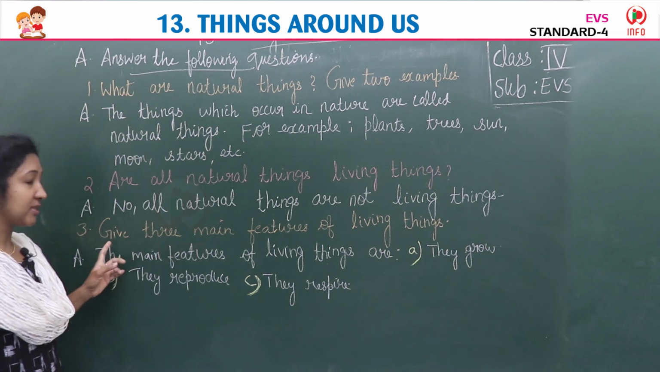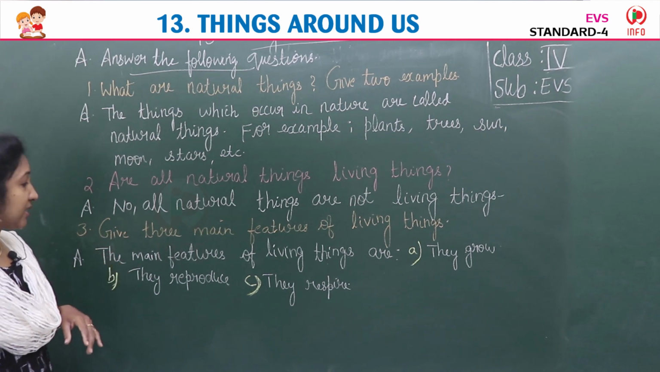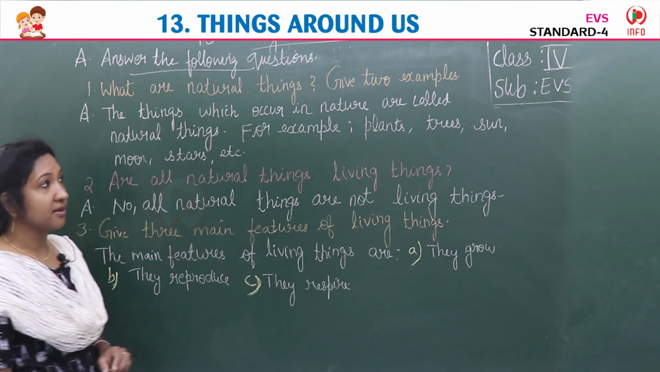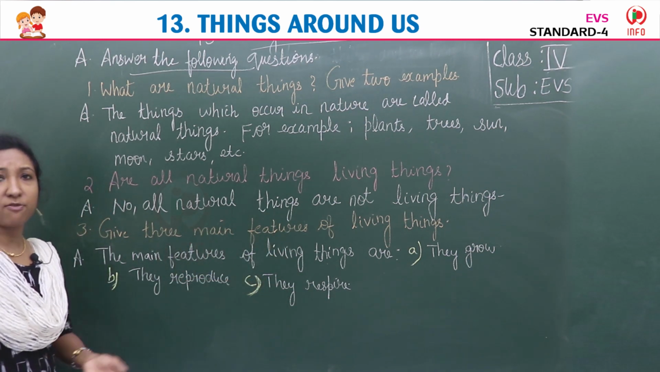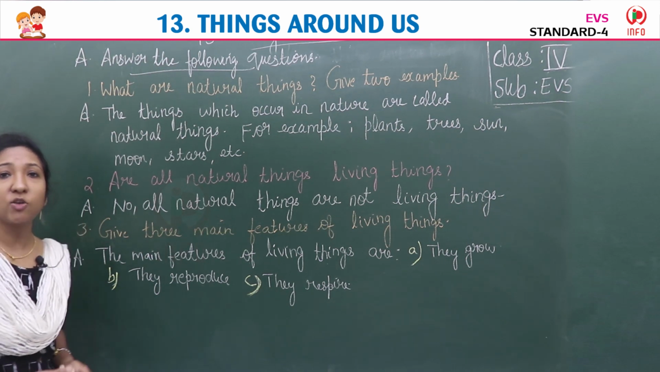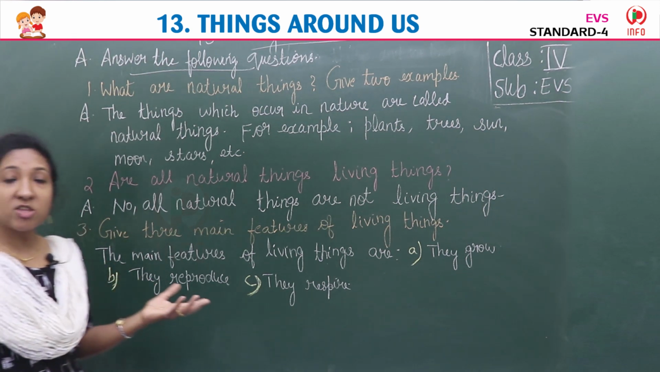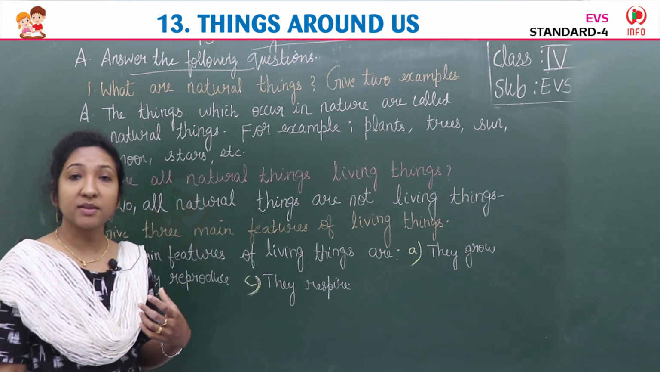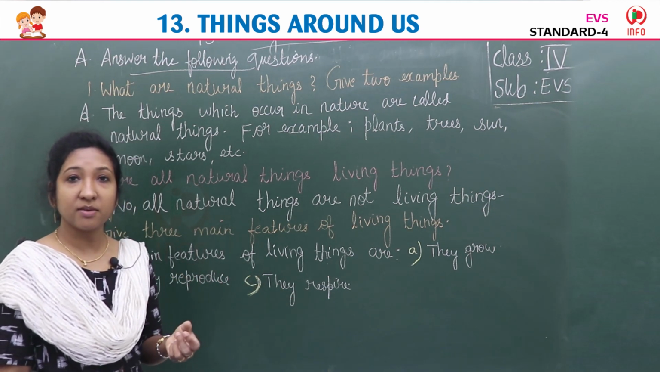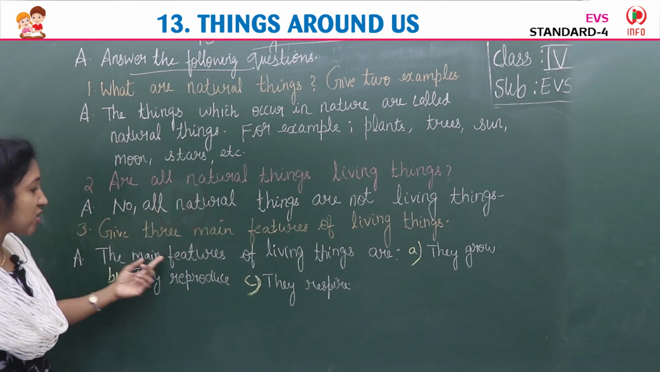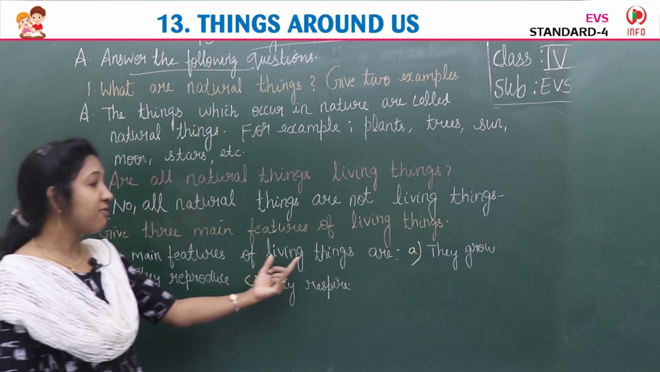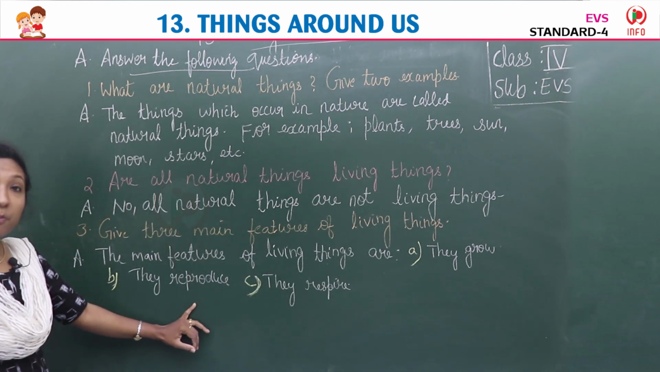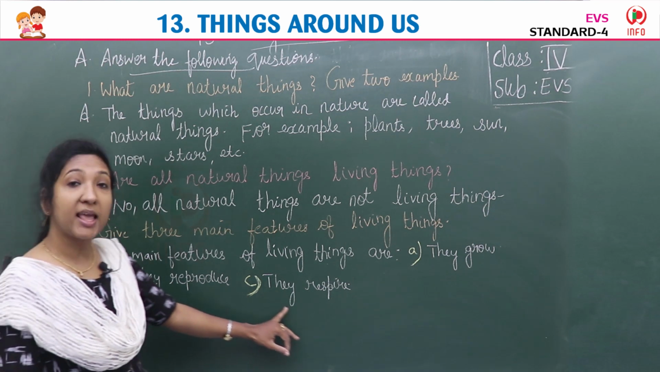Now the third question. Read, children, the third question. Give three main features of living things. Which are the main features of living things? Only three you have to write. Many features are there. They grow, they move, they breathe. Then they have sensitivity, isn't it? So see the main features, answer. The main features of living things are: A, they grow; B, they reproduce, they produce young ones; C, they respire,